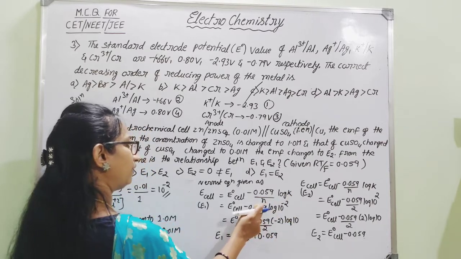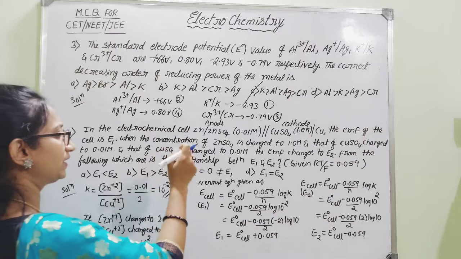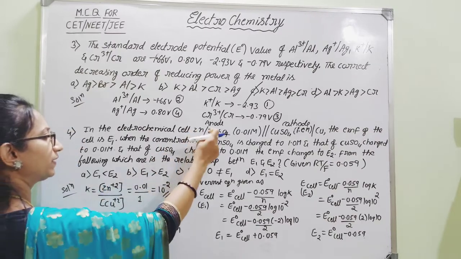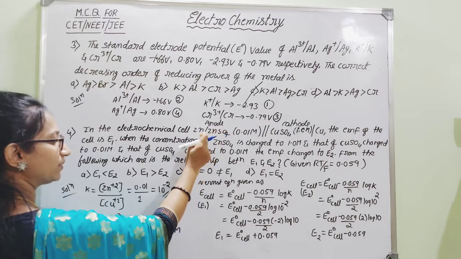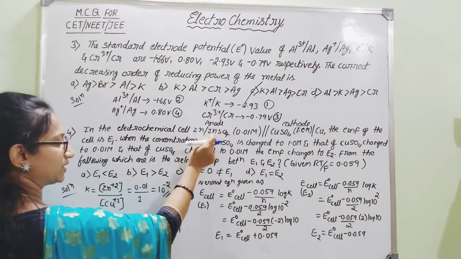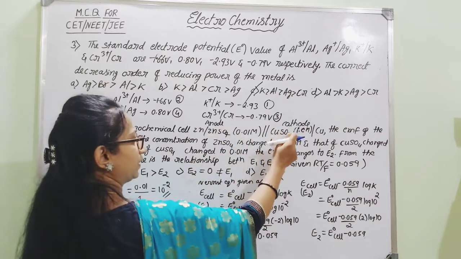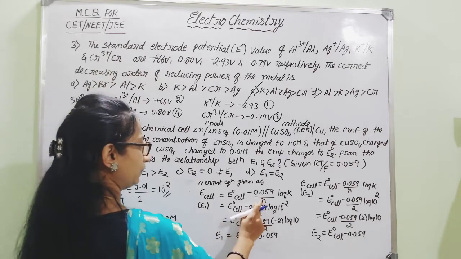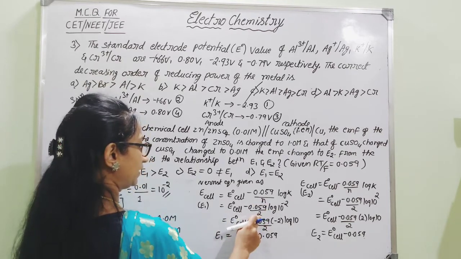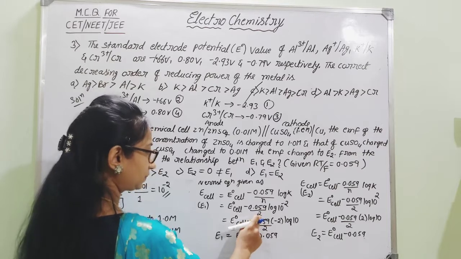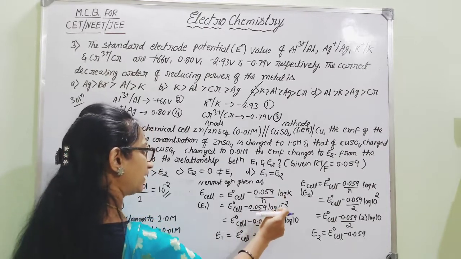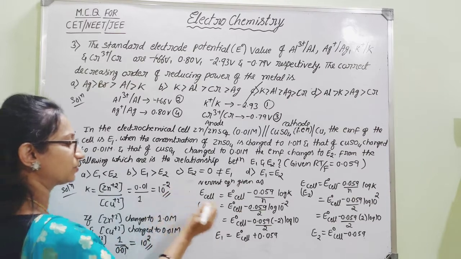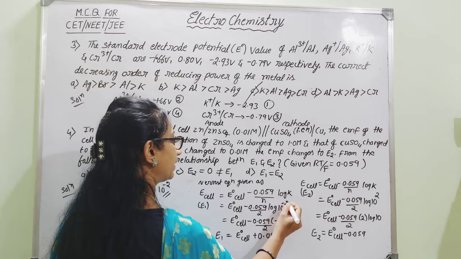Now you need the n value. How do we know the n value? You can easily determine it. Here zinc is undergoing oxidation, Zn is converting into Zn2+. Therefore, what is the number of electrons exchanged here? Copper 2+ is converting into copper. Therefore, the n value will be exactly equal to 2. Then the log K value: we have just found that the K value for the first case is 10 power minus 2, so we mention 10 power minus 2.